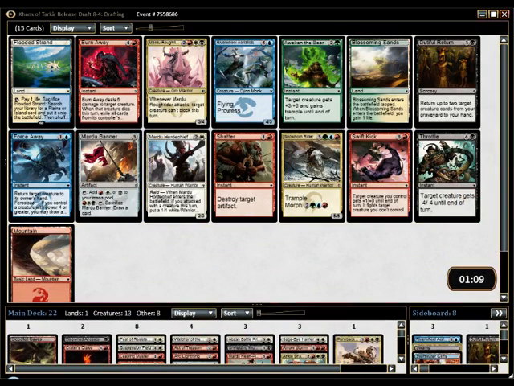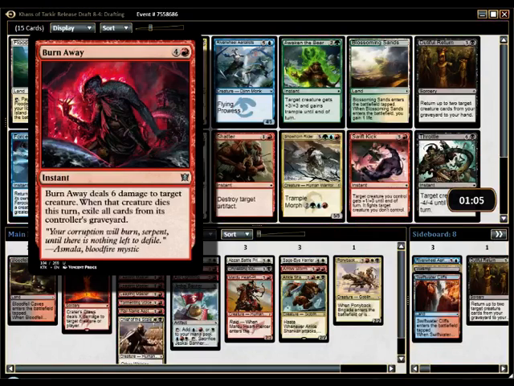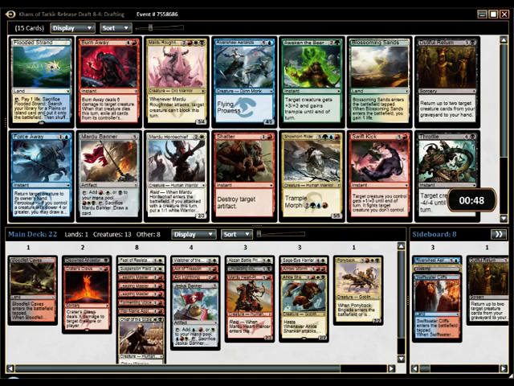You could use Flooded Strand to splash for your River Wheel Aerialist. Burn Away deals 6 damage to target creature. I could have a removal spell or a Rough Rider, both 5. And there's nothing else, there's like Mardu Banner and Mardu Horde Chief, but...